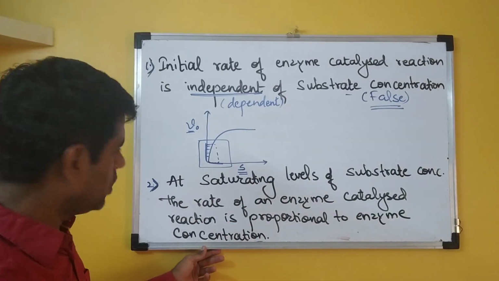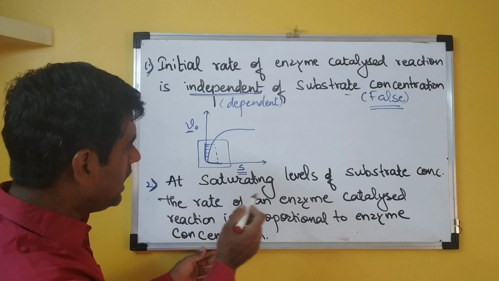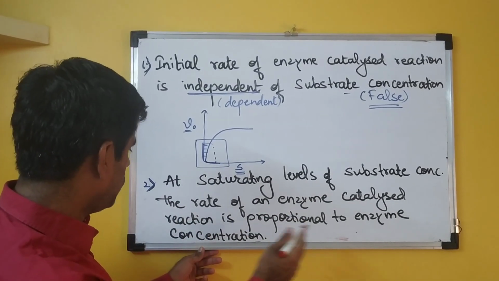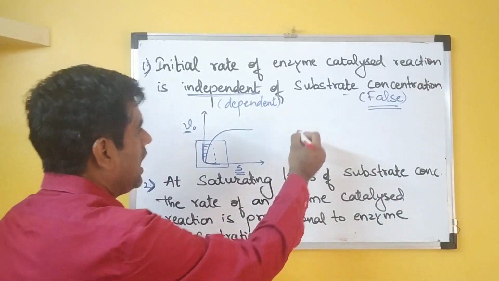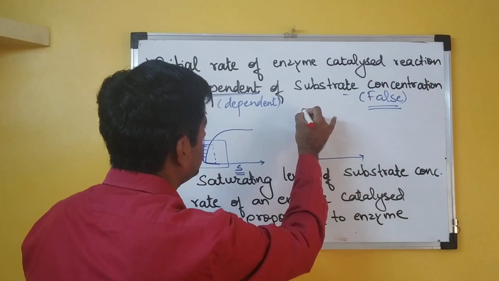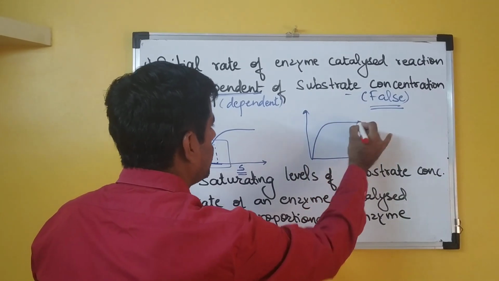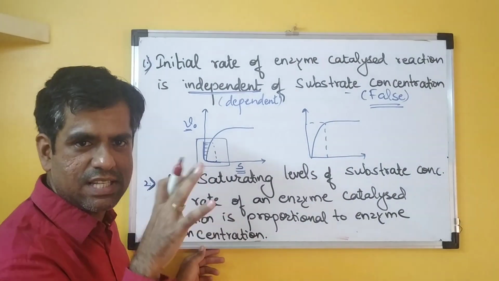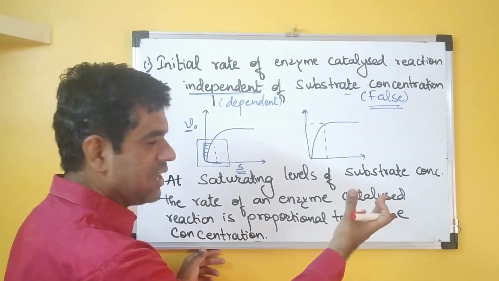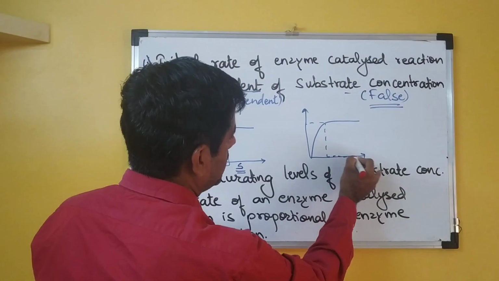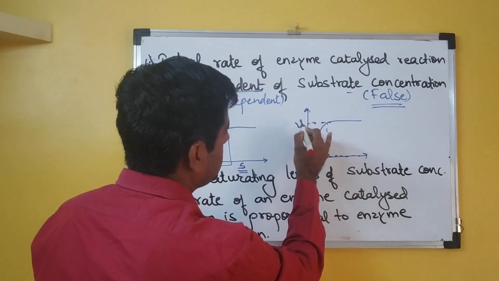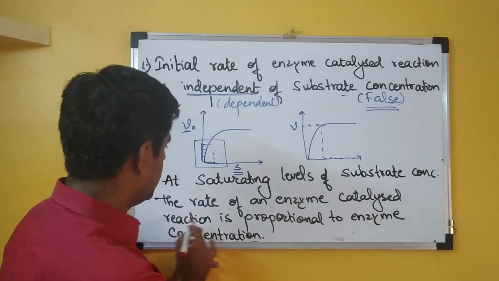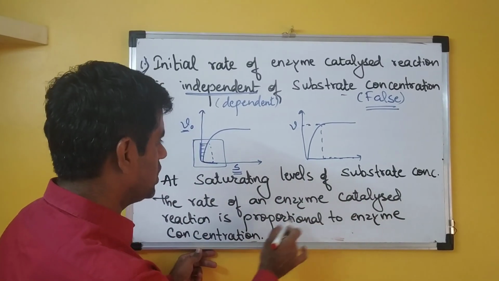Okay. So the second question reads: at saturating levels of the substrate concentration, the rate of an enzyme catalyzed reaction is proportional to the enzyme concentration. Now they are talking about the part of the same curve where there is a saturating concentration of the substrate. So all your enzyme molecules are occupied with substrate molecules. After that, if you increase the concentration of the substrate, there is no increase in the velocity of the reaction. But here they have told that at saturating levels of substrate concentration, the rate of enzyme catalyzed reaction is proportional